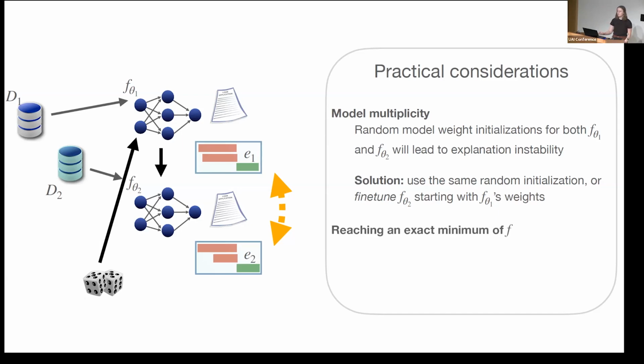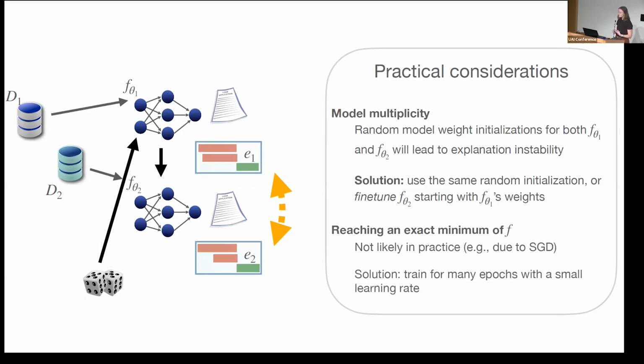The second consideration goes back to the assumption from our first theorem. If you recall, that assumption was that our optimization process is able to get to an exact unique minimum of F. In practice, we use approximate minimizers like SGD, so that's not going to happen. We try to simulate this in some of our experiments, not all of them, by training for many, many epochs and essentially overfitting the model, trying to adhere to that theory as closely as possible. Then we do the more realistic model training in a separate set of experiments.